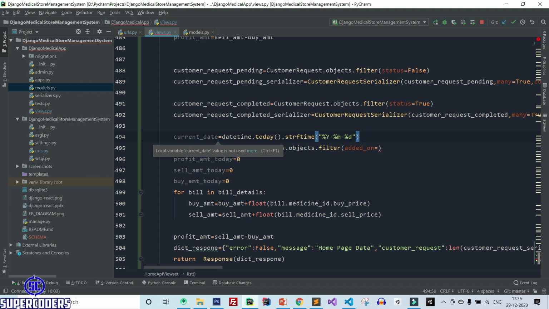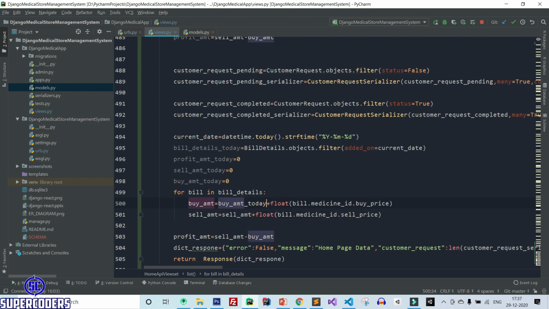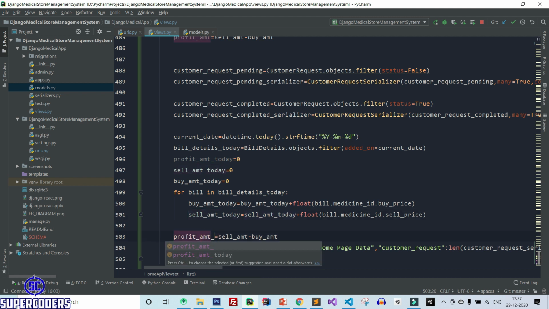So here we can get the current date in ymd format. After that pass the current date. Now here change it to bill amount today, and bill details today. Also change it to bill amount today, sale amount today, and profit amount today. After that sale amount today, and buy amount today.